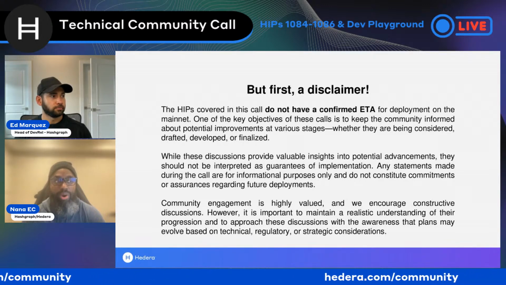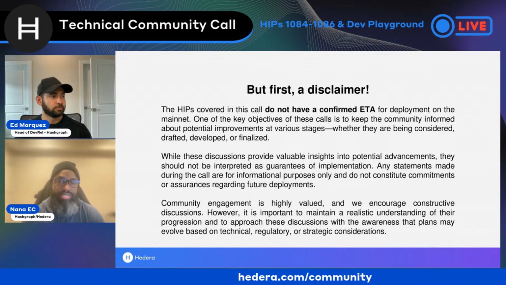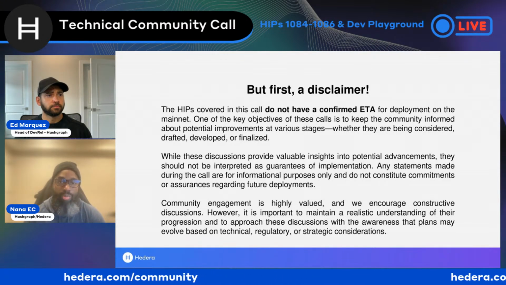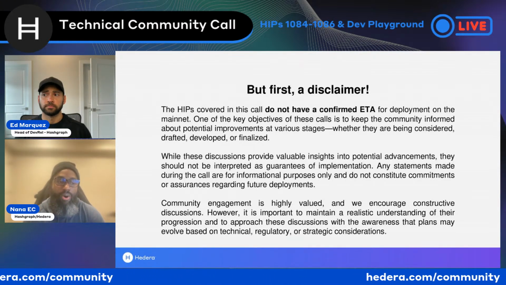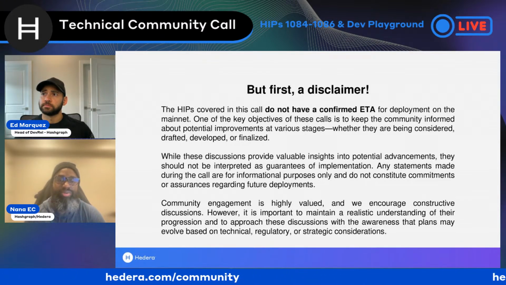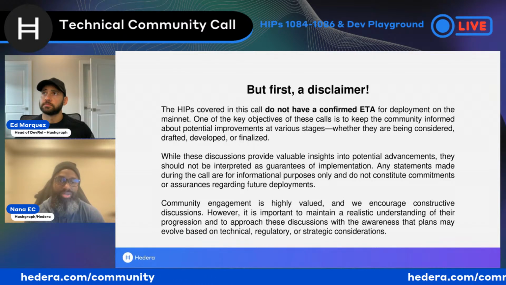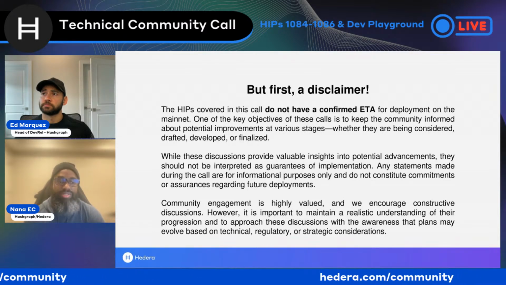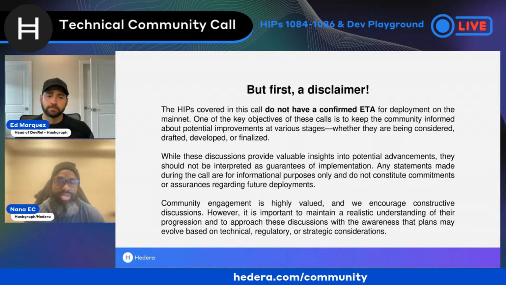Hiero has what we call a technical steering committee, the TSC, and they meet almost every week. Those calls are open. People on the call that might be interested are able to get on these calls and give your opinions. As I mentioned before, they're going to take into consideration all the different personas of the network and how this helps somebody or how it does not.